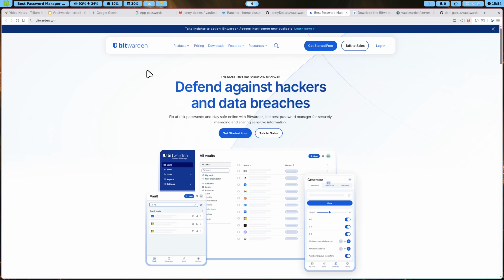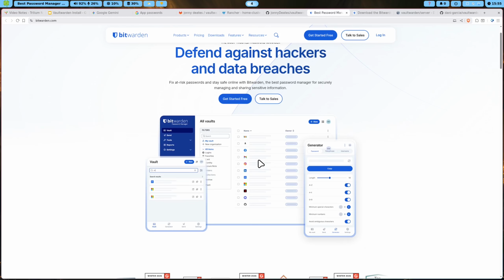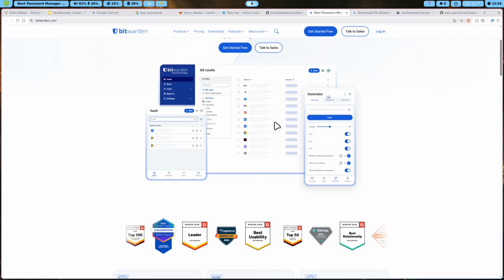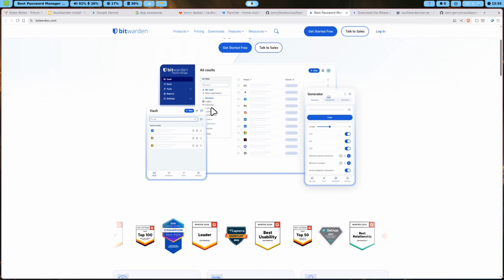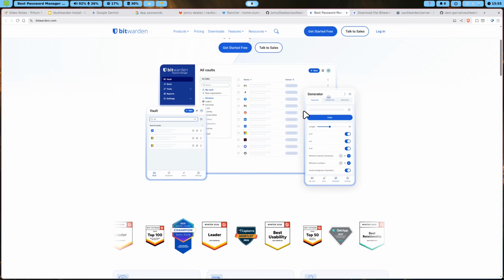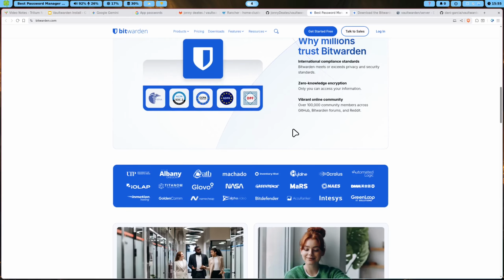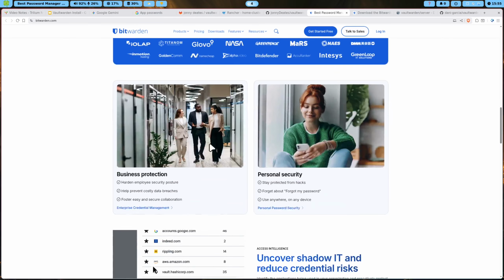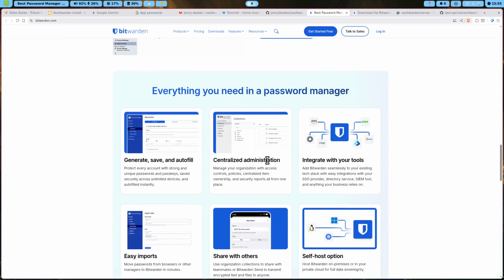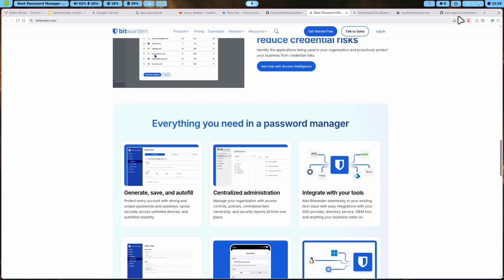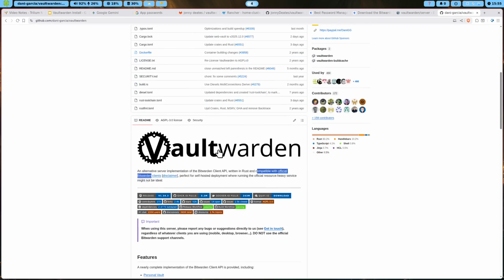Bitwarden is essentially a password manager that is pretty powerful, and it gives you a lot of tools and resources to keep track of your passwords and also generate new passwords. Anytime you're creating a new account somewhere, you can immediately save it using this. The nice thing about Vaultwarden is that since